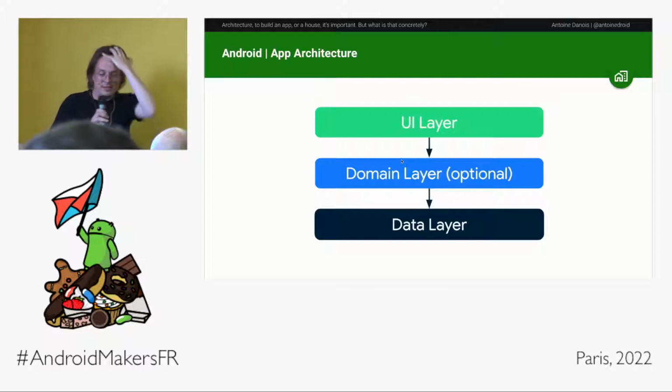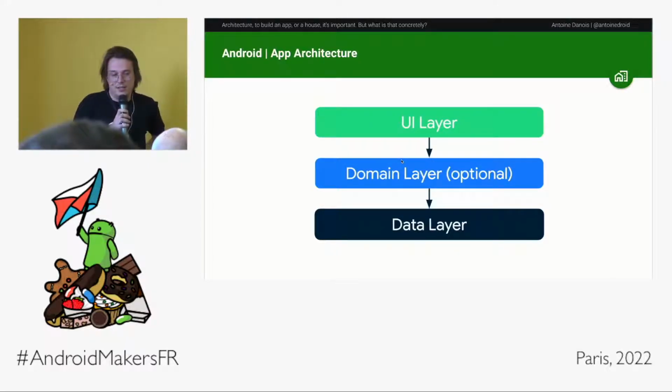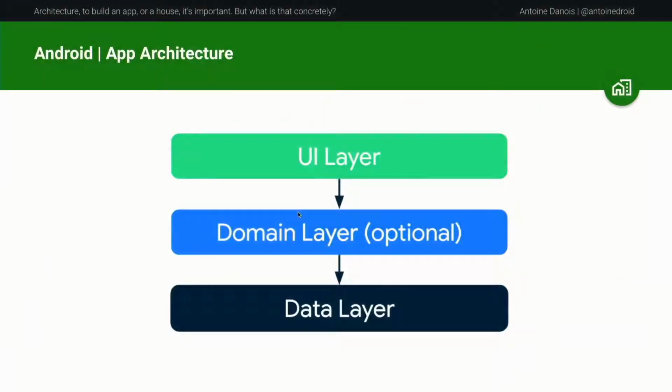We have something called app architecture. It's a really good guide that has been made by the Android team, and it was announced in 2017. It's not like you have to do that to build your app, but it's a really good guide to tell you it's better if you do this and that, etc. So as you can see, it's layered